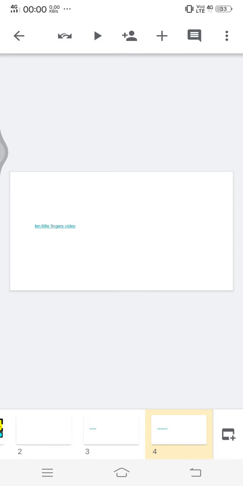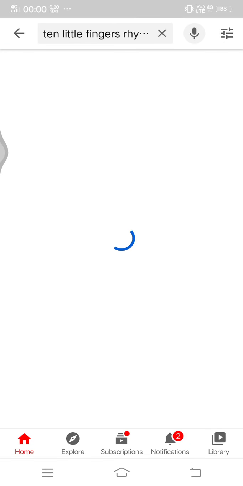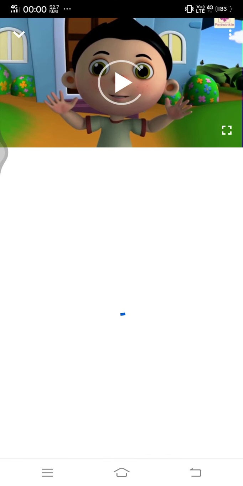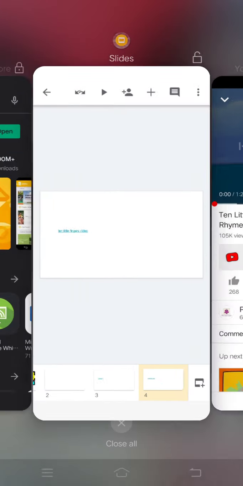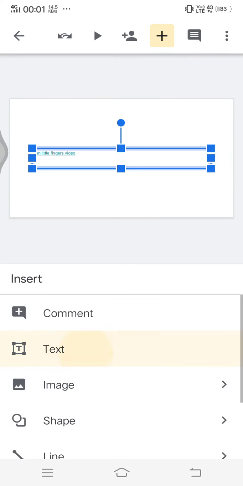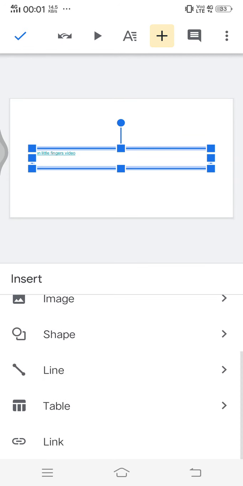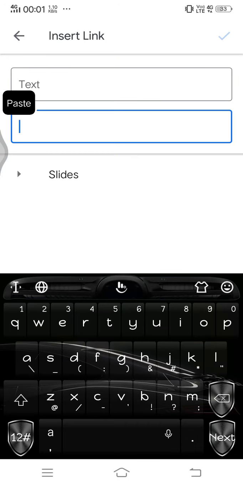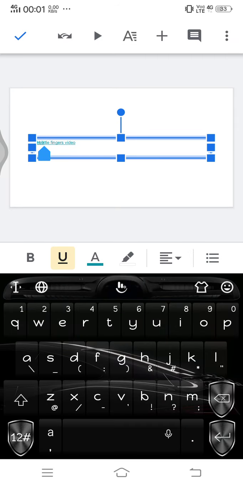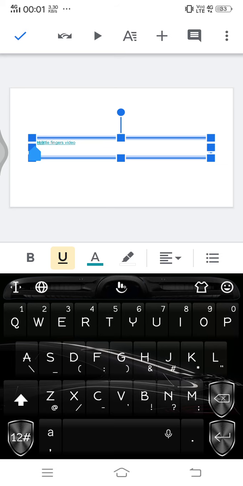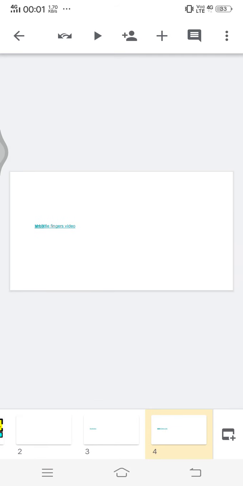Now I told you how you must copy the link. So you just go to the YouTube video like that. Once again, let's refresh our memory. You search for the right video. If you like this, then you press the share, copy to clipboard. So you'll get a message, copy to clipboard. Then you go here, add a text box first, then go there, link, long press on link and click paste, give whatever text you want and give the tick button. So there are two videos which are attached here. Okay, so that is how this works.